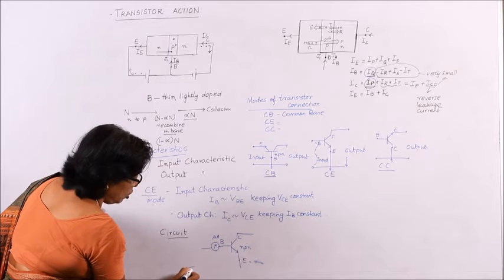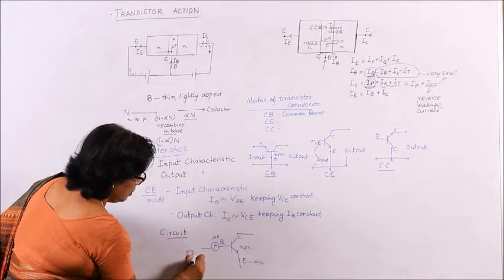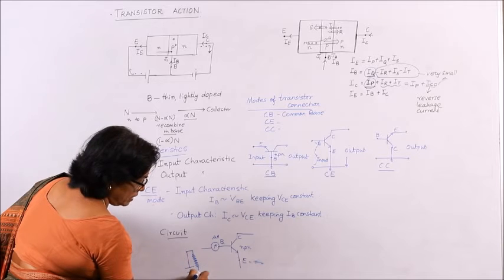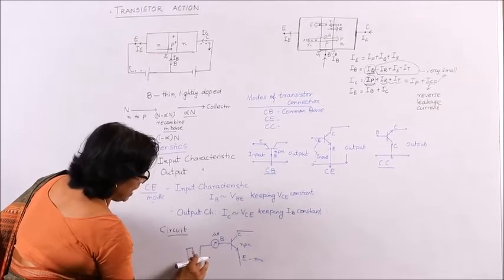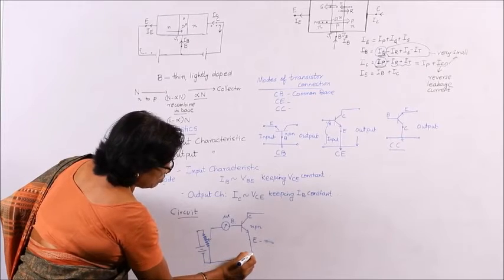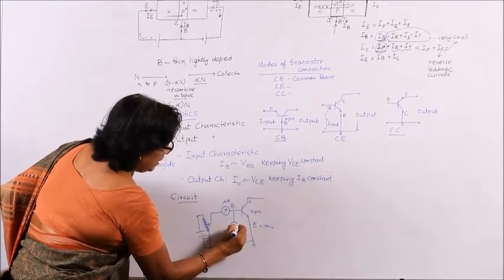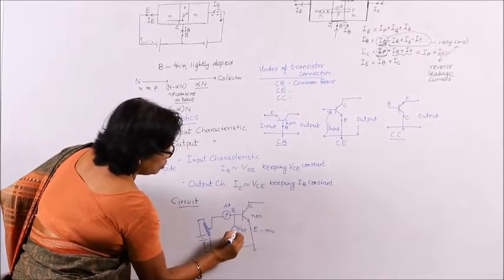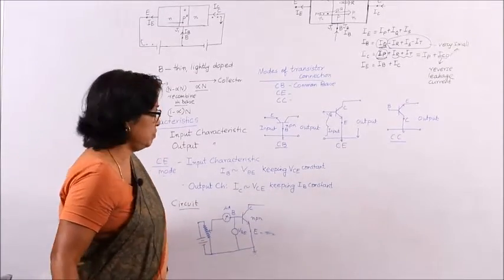So, I will draw a battery with positive on the up side and connect it to a resistor, so that I can draw a voltage divider like this and take the voltage from any point. I can vary this. So, my emitter is grounded. All these things are grounded. I should be able to measure the base emitter voltage. So, there must be a voltmeter connected across the base and the emitter.